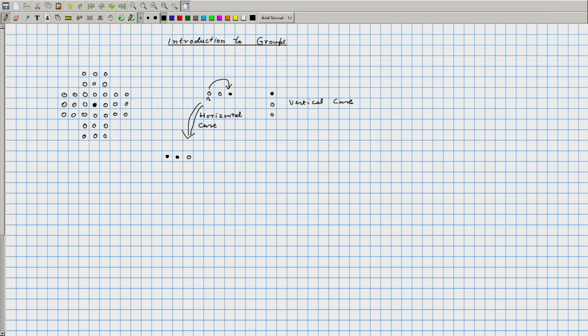Basically, if you name these as A, B and C, where A and B are occupied positions and C is an unoccupied position, then the marble from position A can be transferred to the empty position C, and in the process you remove the marble that is at position B. In the case of vertical alignment you can do the same thing. If you name these positions as alpha, beta and gamma, the marble at gamma can jump over the marble at beta to the position alpha, and in the process the marble at beta is removed.